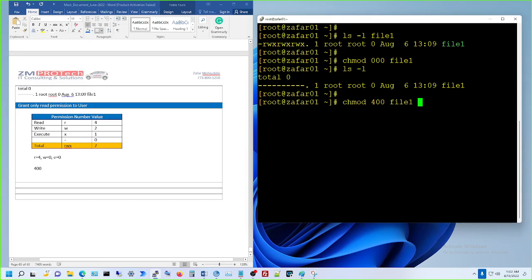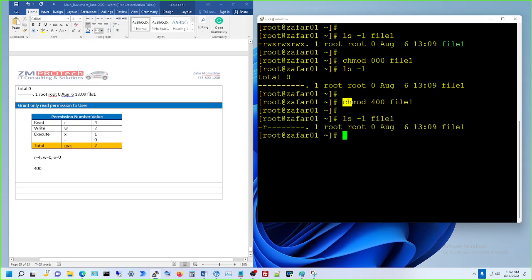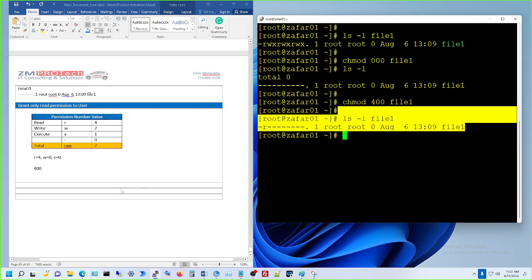chmod is what you use if you want to take permission or give permission. Correct. Very good. chmod stands for change mode. Okay, and you hit enter, and if you do ls -l file1, there you go. It changed, the user only has read permission. Okay, all right, so now